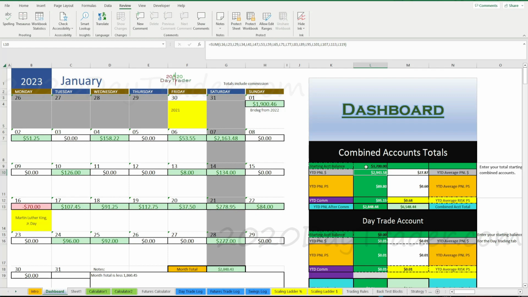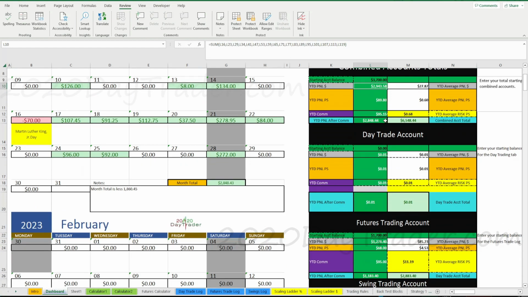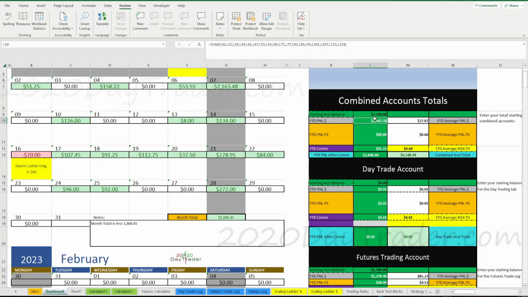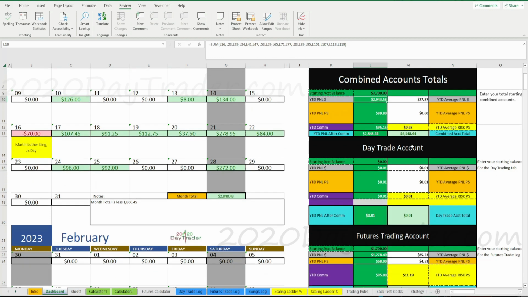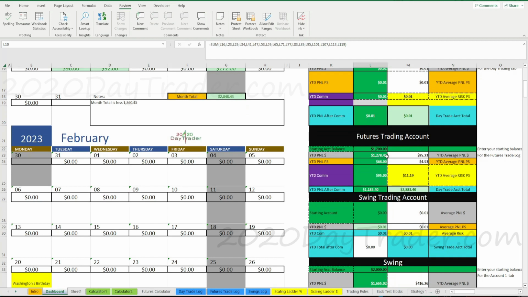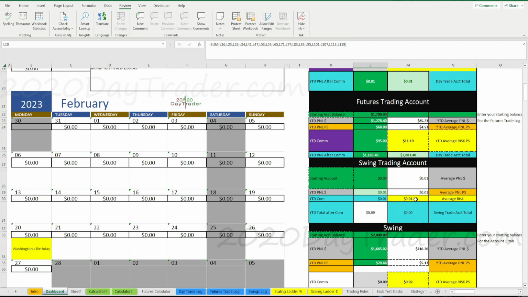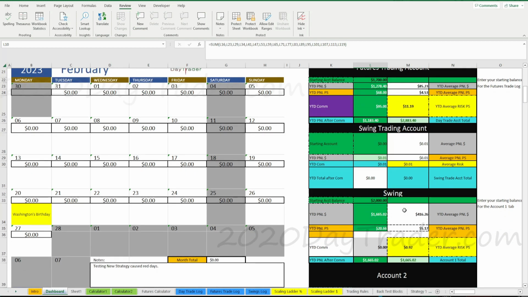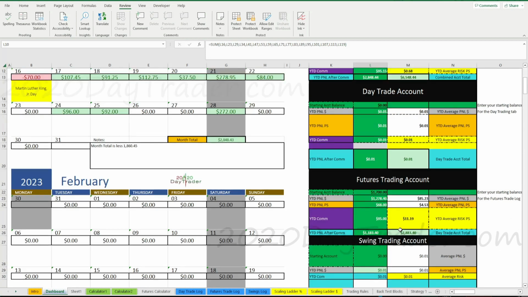And then right now, combined accounts, we started with our futures and our swing trading. So our combined account total starting this was $3,700, and now we're at $6,548 after commission. So pretty fantastic. Futures, we started with $1,700. Now we're at $2,883. So hopefully we'll double that by the end of February, if not in the next couple of weeks. Swing trading, we started with $2,000, and we're at $3,665. And again, this might take a little longer, but hopefully we can double this by the end of February as well. And then we would have got our first doubling of our accounts.